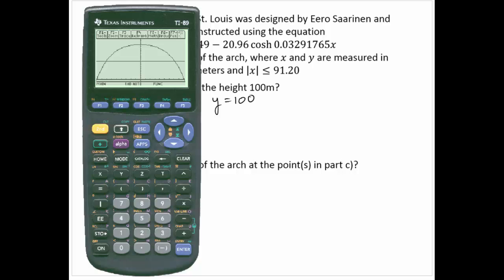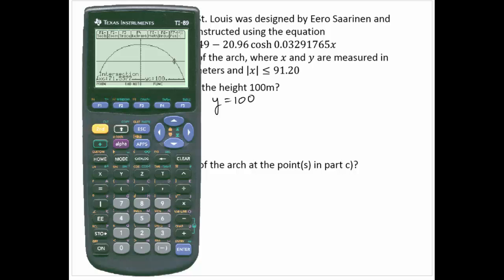Notice that the graph appears to be even. Under F5, I'm going to calculate the intersection. I'll calculate the positive intersection, so I'm moving to the right. Hit enter a couple of times for the first and second curves, and then a lower bound and an upper bound. Make sure you're to the left of where you think the intersection is, hit enter once, move to the right past where you think it is, hit enter a second time, and calculate the intersection at about